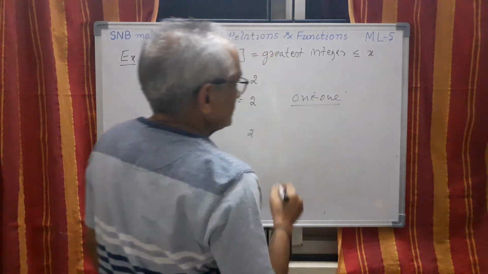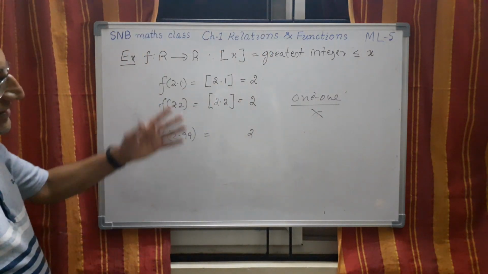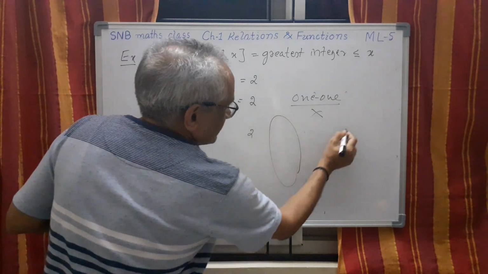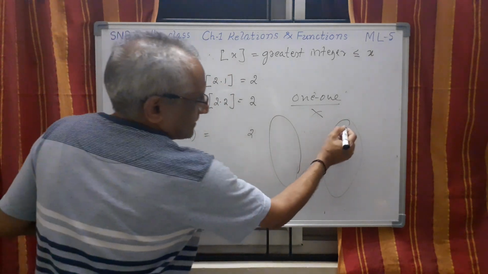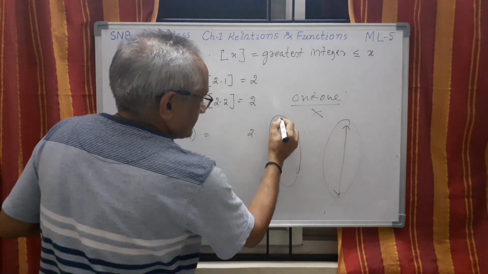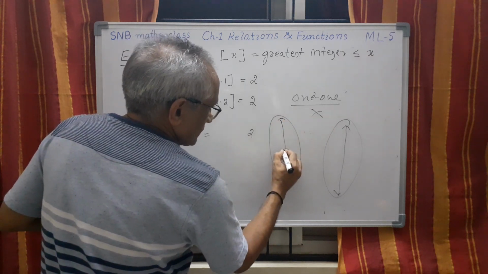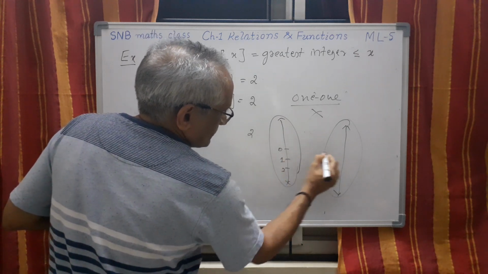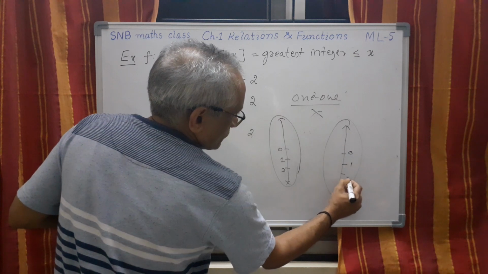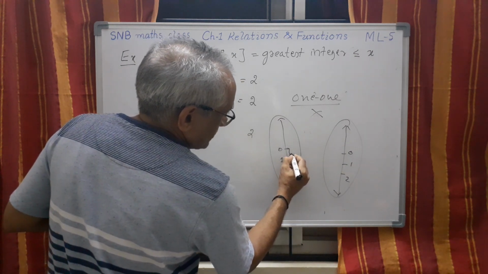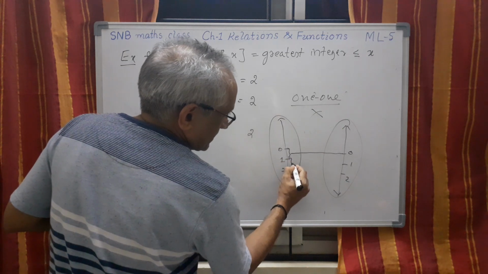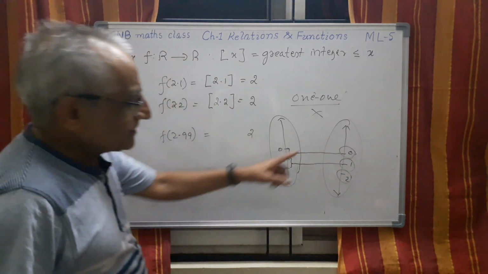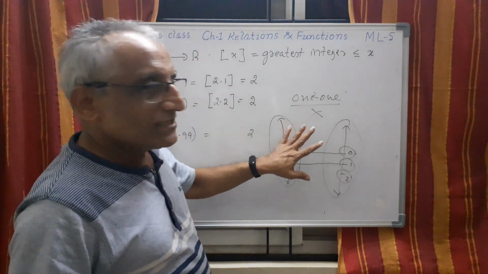Not 1-1. So is it onto? Clearly it is not onto, because you see, even if you want, you can draw the diagram like this, because always diagram is convenient. Say this is the number line, I will show like this. This is the number line, 0, suppose you take 1, then 2, etc. All the numbers here up to 1, they are going to 0. All these numbers, they are going to 1. That means only integers are the images and other numbers are not images. Therefore, it is not even onto.